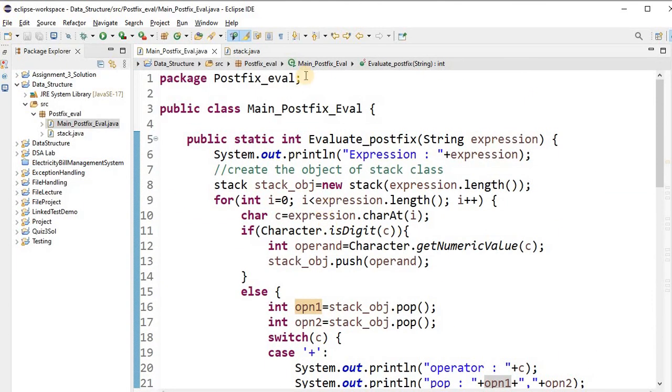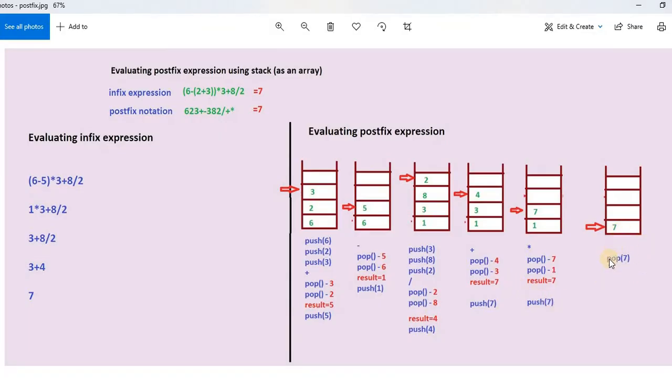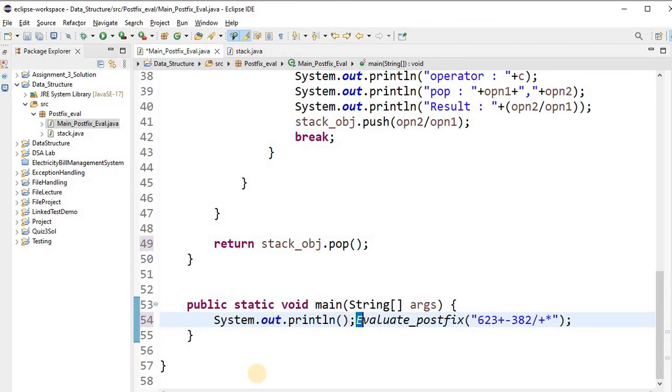One last thing I need to do: we have the integer data type, and in that case I just want to pop the result, as we did here. Pop the last data result. I think inside the print statement, the only reason is that this method is going to return the data, and I just want that data to be printed on the console with this print statement. Result, let's say, the final result is